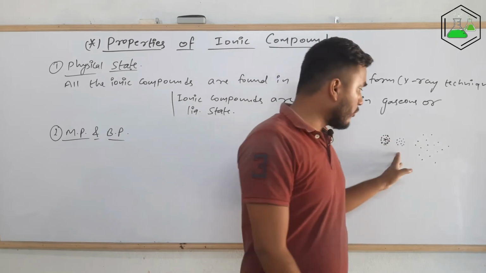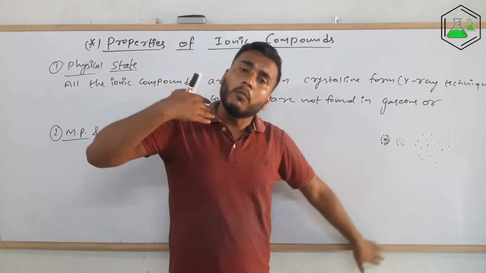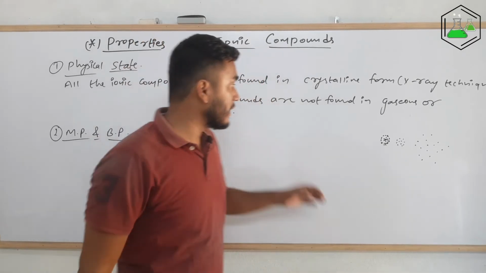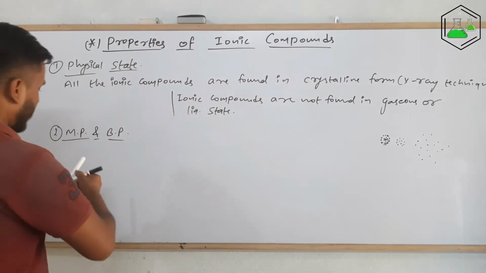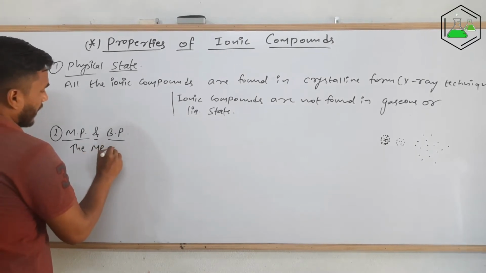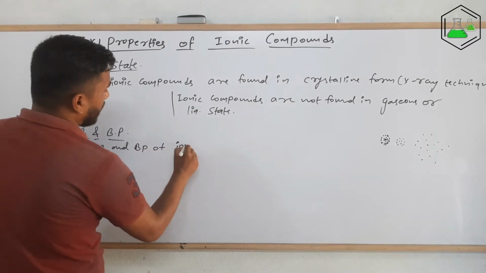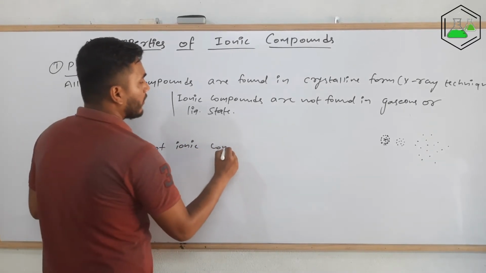Similarly, if we want to mobilize the ions even more to convert it into gas, then we need to provide even more energy than the melting point energy, right? So let me write it over here. The melting point and boiling point of ionic compound